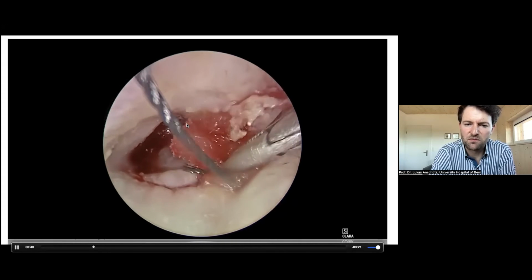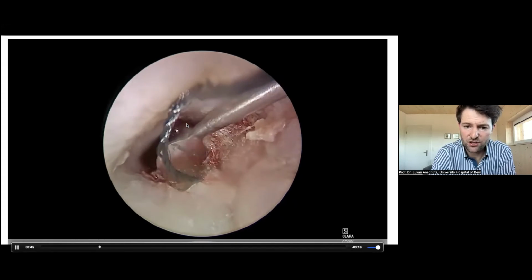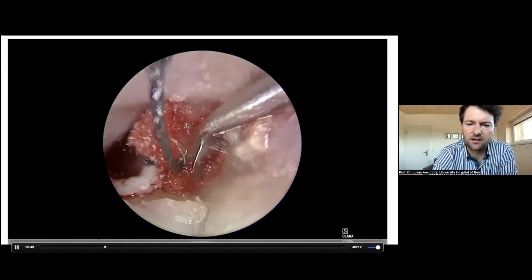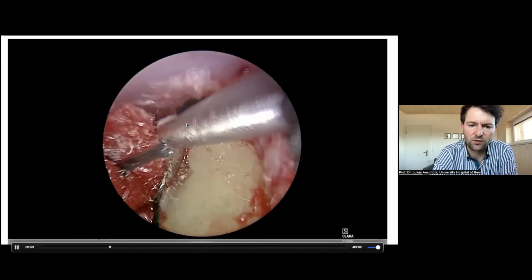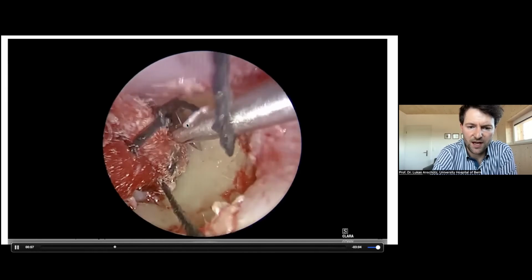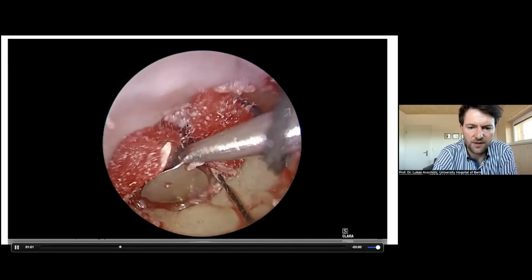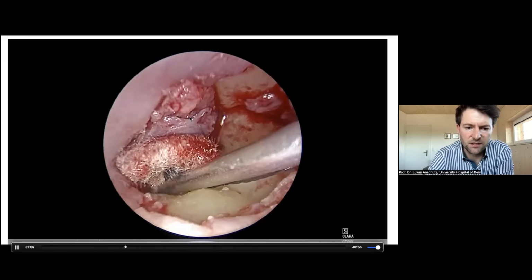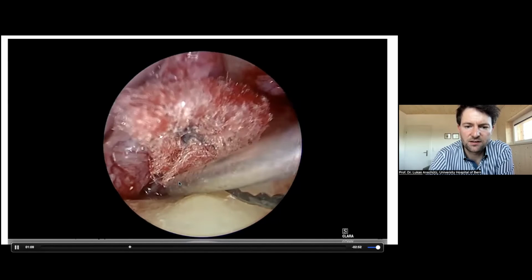You can see it's a bit more bloody in this patient. He has active inflammation. He has otorrhea, really a bad discharge from his ear all the time. And now we can follow the bone and come to where the first surgery happened. He had some fascia graft initially. You can see the annulus is not very well depictable anymore. You can see here a little bit of glue coming out. It's really not a nice ear.